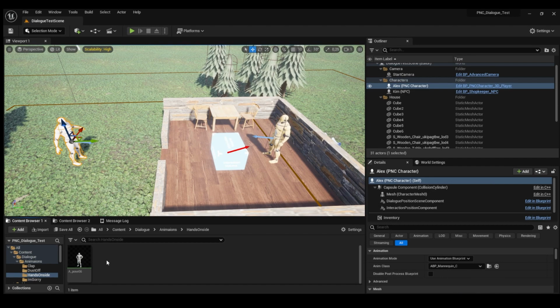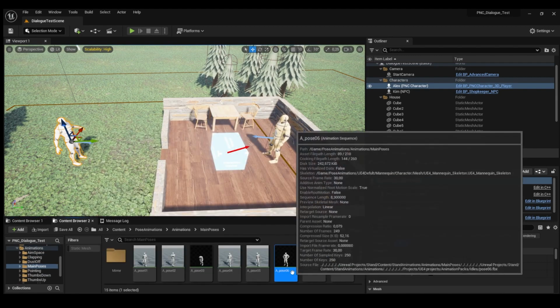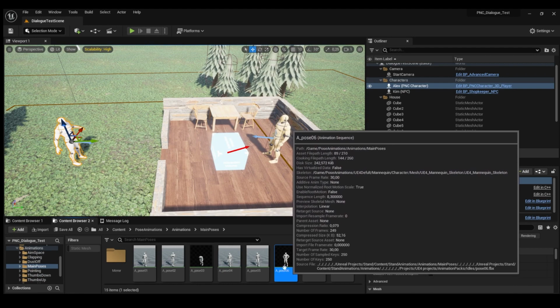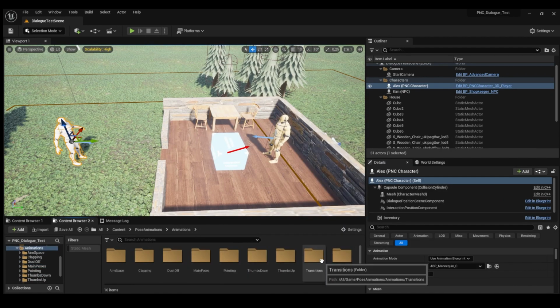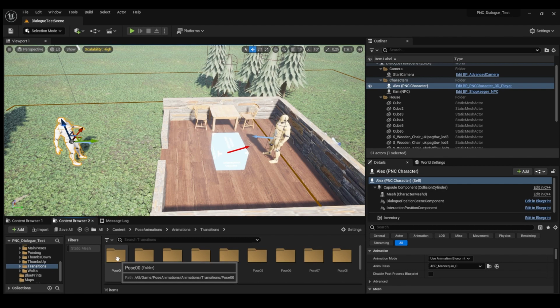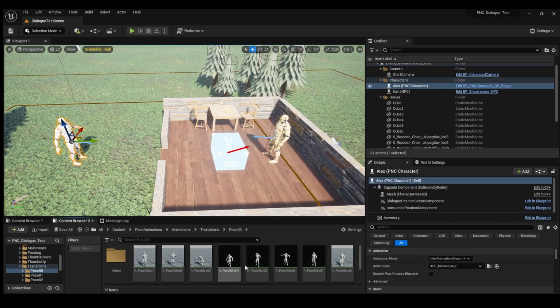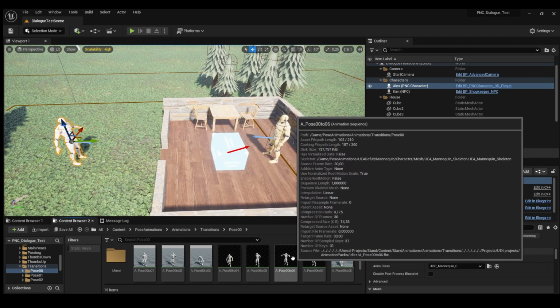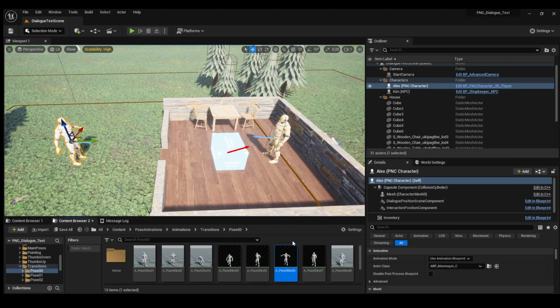And we will also need a transition animation for this one, because this is just a looping animation. So go back here and remember the name, A Pose 06. Go to the transition folder, and now we want to choose which animation we want to start from. We are starting from just an idle pose, so that will fit best with pose 00. So go in here, and what was the name of the animation we were using? It was called 06, so pose 00 to 06. So copy paste this one,